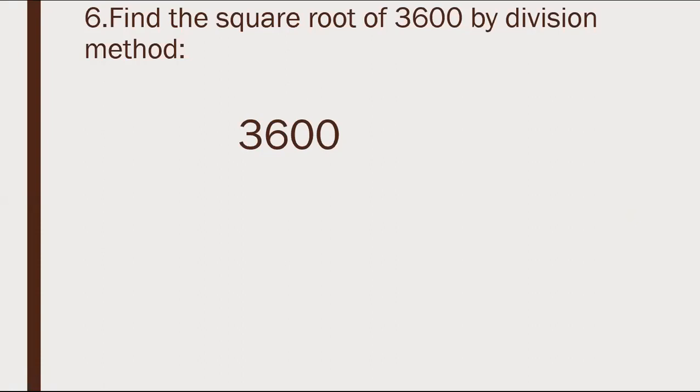Step number 1 is pair. Very good, Halima, excellent. First, we have to make the pair. So we get 2 pairs over here. One is of 36 and one is of 0, 0. Rumesa, no, we are not going to take 1 into 1. Yes, Abdullah, right. We have to take 6 into 6. Rumesa, we have to take the number which multiplied by itself gives either 36 or less than 36.